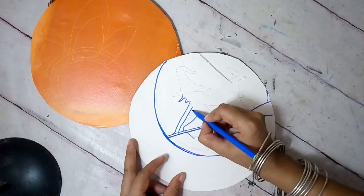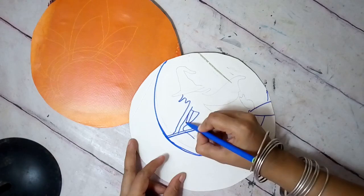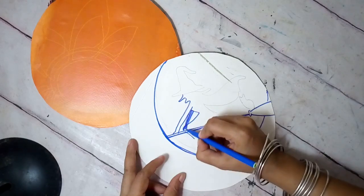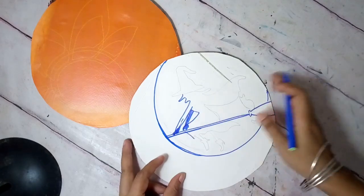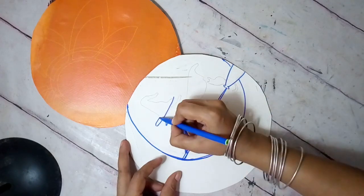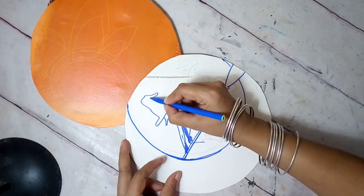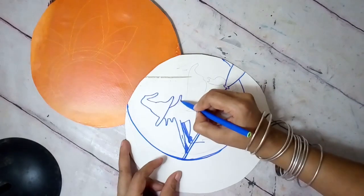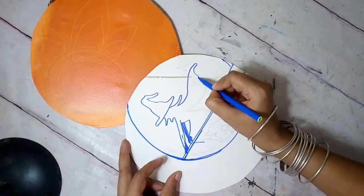So another hand comes and holds the broomstick. So here, now remember, the more joints we have, the more stable our cutouts will be. So all these points are joined, so it will be easier. And then I make the witch's hat, which will actually be the most prominent thing. So I just make the witch's hat, and then I have to make her hair and her cloak,